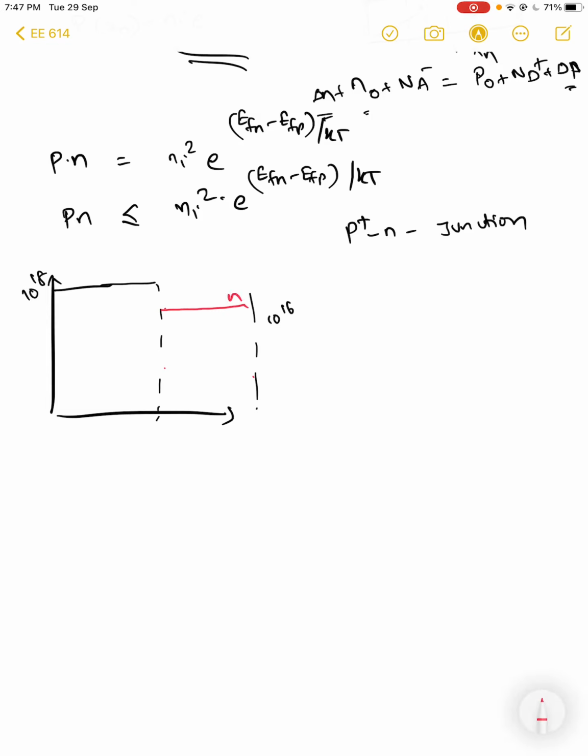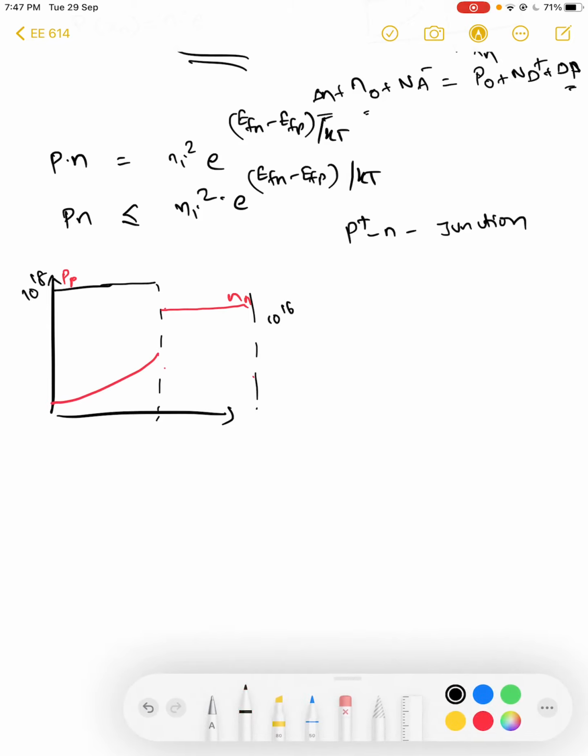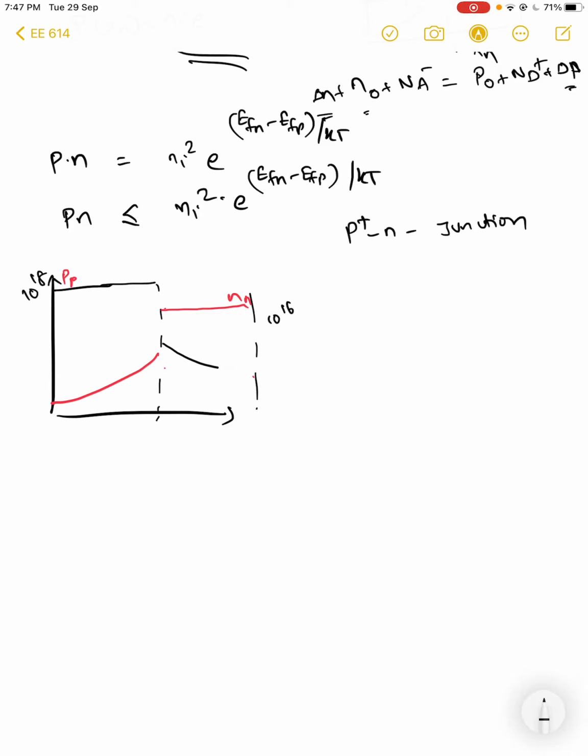This is N P P, right, and this N drops down in the P side. Similarly, holes drop down on the N side, and you can see that the densities are so large. The majority carrier density is so large, and hence it does not largely change the majority carrier concentration. The minority carrier concentration is so small in comparison to the majority, so it does not change, right?